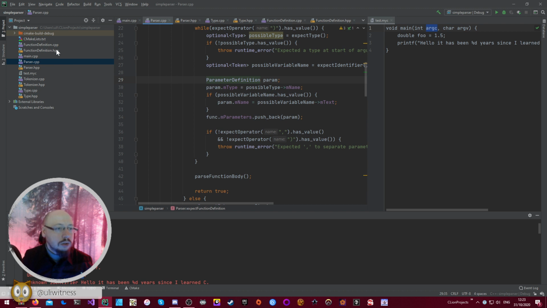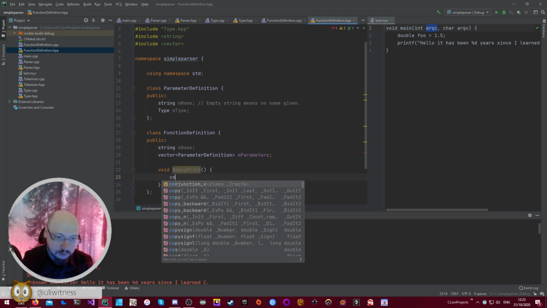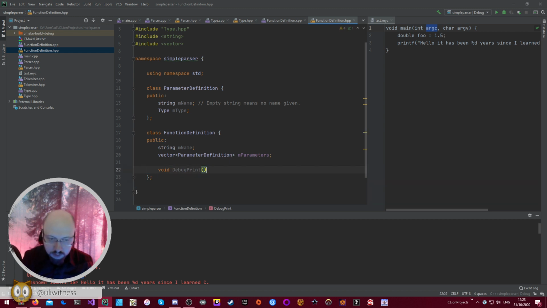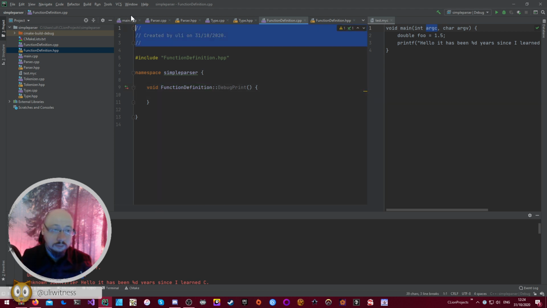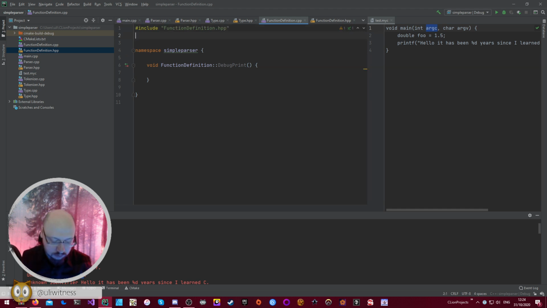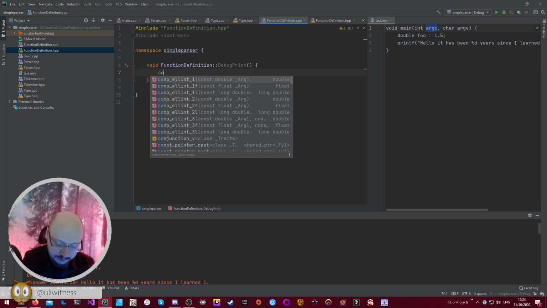Oh, and now, of course, what we want here is a debug print function as well, like we've had on the other object. Let's just say generate definition. All right. Include iostream, so we can actually print something,